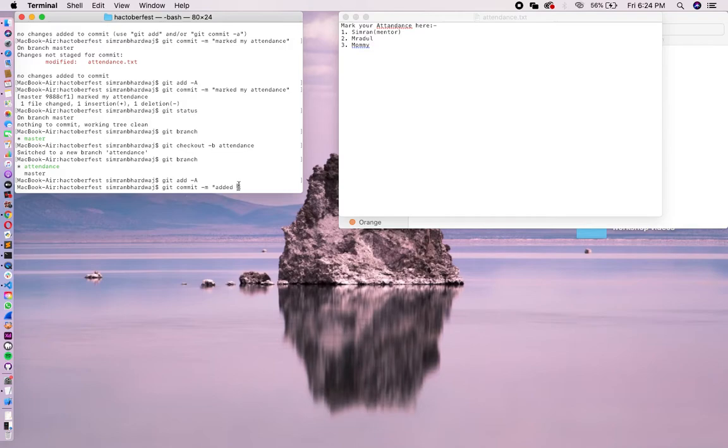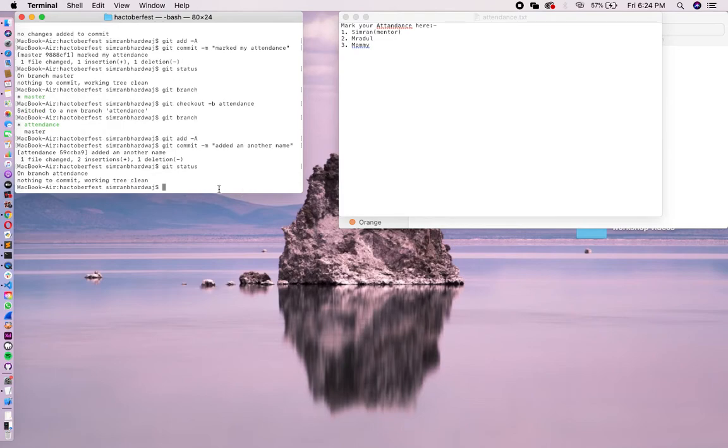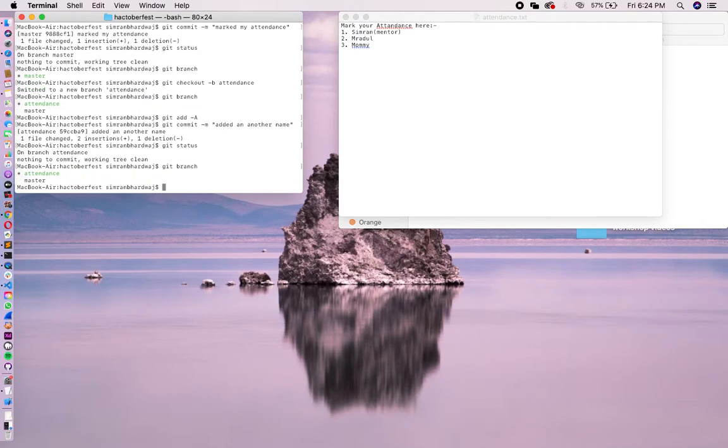I'm going to give the commit the name added another name. Now you can see the status. It is showing that everything is done now. So we are done with adding the file and committing the changes. In which branch? In our attendance branch. Right now we are in our attendance branch, do remember.